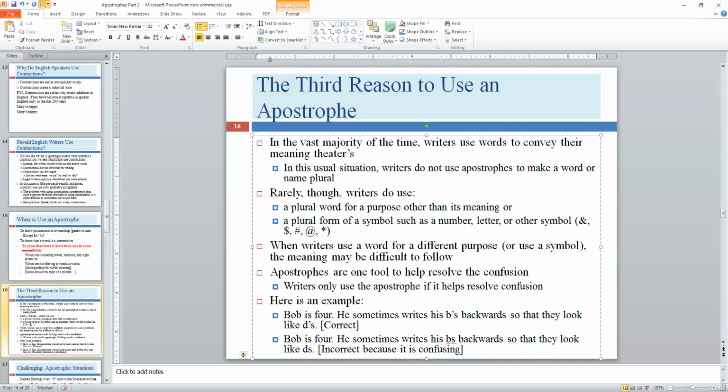And so maybe the word theater was being used just to refer to its spelling or its appearance in a document or something like that, but the person gets the idea, well, that's how I make that word plural, and then they start using the apostrophe S to make a word plural. That is a very unusual way to make the word plural. And so if you're listening to me right now and you're like, I don't know when I'm supposed to use the apostrophe and when I'm not,